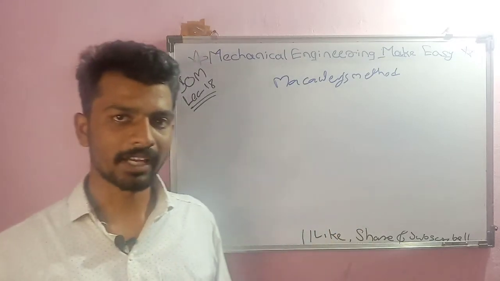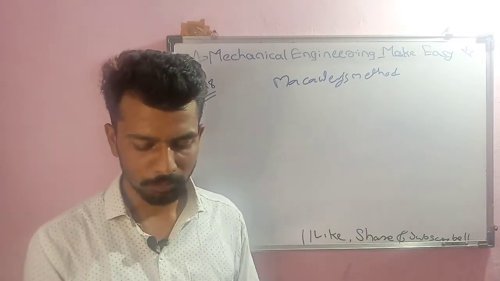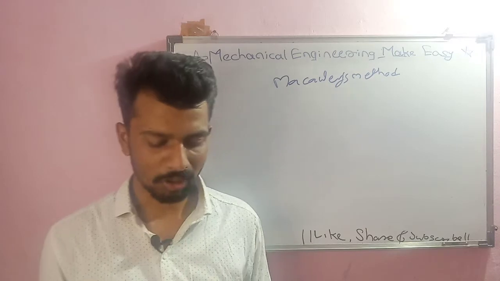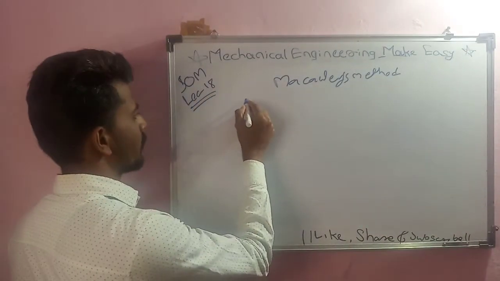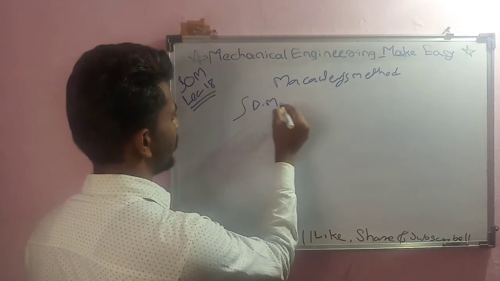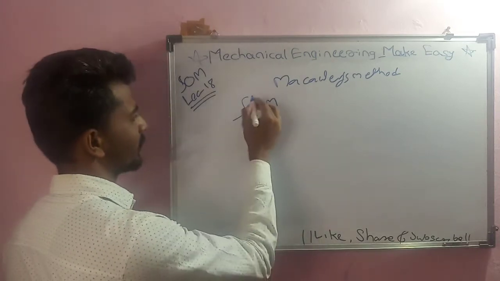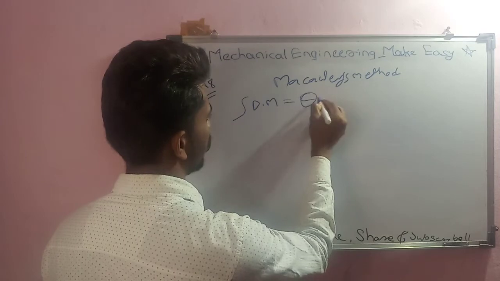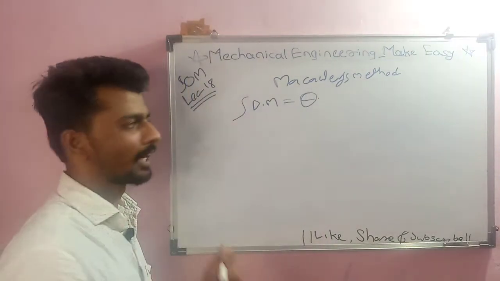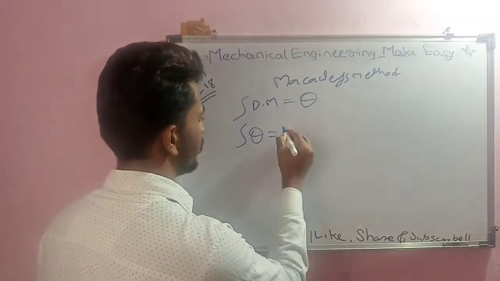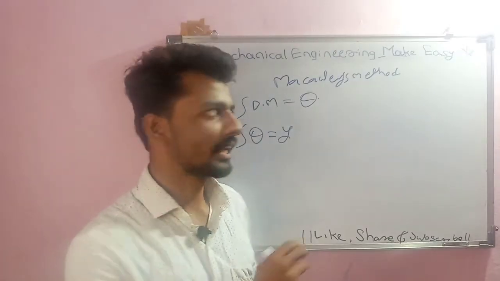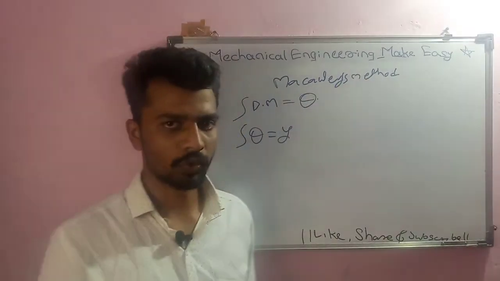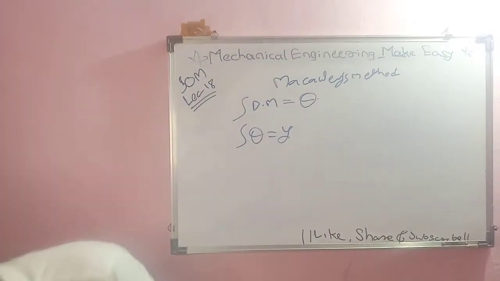Okay, so what exactly is Macaulay method? I will give you a brief idea about it, and all the steps followed in it. Briefly, we know the equation of bending moment, and we will simply integrate that equation, so we will get the value of theta, that is slope, and after integrating slope we will get the value of y, that is deflection. This is a very basic idea of what exactly we are going to do in Macaulay's method.